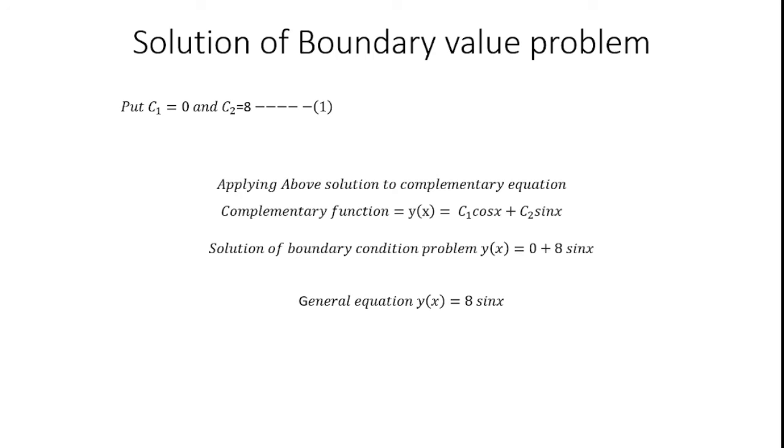Y double dash plus y is equal to 0 with the boundary conditions of y of 0 is equal to 0, y of 30 degree is equal to 4. Likewise, we can solve the boundary value problem in finite element analysis. Now we may identify what is meant by initial value problem and what is meant by boundary value problem, and also what is the difference between initial value and boundary value problems, and also how we can solve the problem with the aid of boundary value problem procedures, and how we can make the general equation with the boundary value problem in finite element analysis.